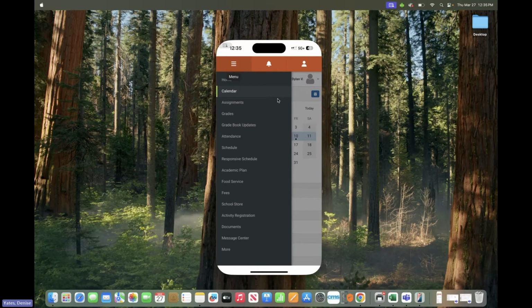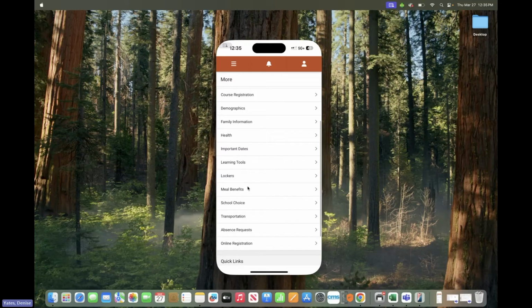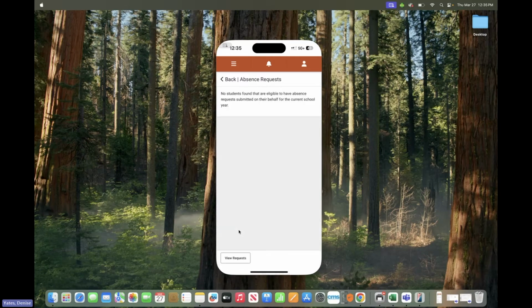I do want to also show you this, something we're potentially going to use next year. If we don't use it next year, we'll use it the following. This is the absence request. I know right now we utilize a form online, but this would allow parents to select their student and an absence reason. And so I do think it makes a lot of sense to utilize this component because